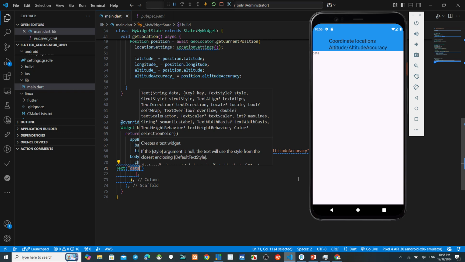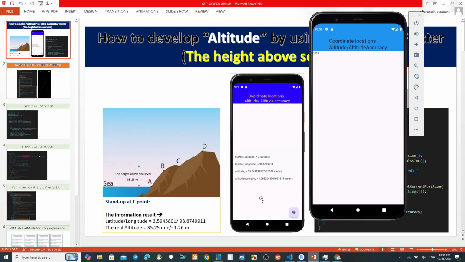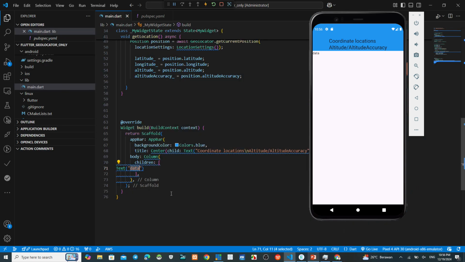Okay, we make like on my presentation this one, current latitude_ equals. Okay, now the latitude, this one parameter name, copy to this.